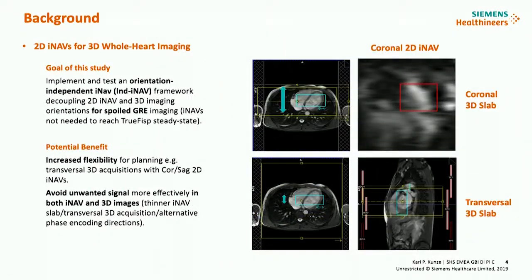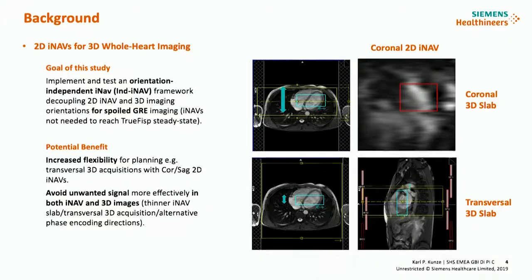So the goal of this study was to address both of these implications and implement an orientation-independent, or short IND, iNav framework that decouples the iNav and the 3D imaging, and we've implemented this for spoiled gradient echo imaging. The potential benefits of this is, as I said, you increase the flexibility, so now you actually enable for GRE transversal 3D acquisitions combined with an iNav that still captures the main motion direction, which could be coronal or sagittal,